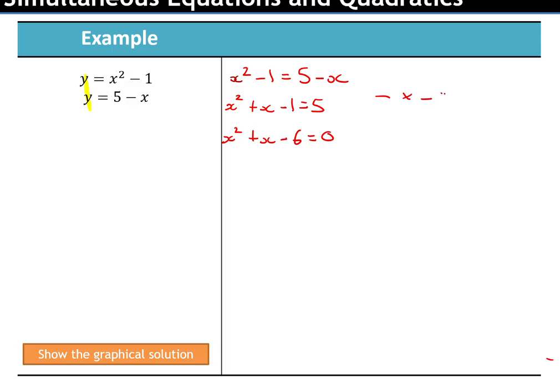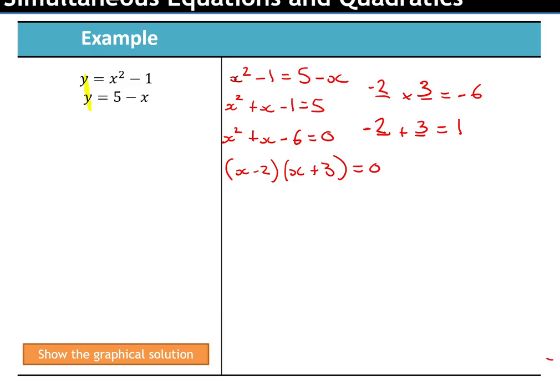Now, this is where we're just going to factorize. So I'm going to look for two numbers that times together to equal AC, and AC is -6, and two numbers that add up together to equal 1. So the numbers that equal 6 is 2 and 3, or 1 and 6, but I know it's going to be 2 and 3 because there's one gap. Now we just need to have one of them as negative to equal -6. So it will be the lowest number, so 2. So -2 plus 3 will then equal 1. So that allows me to write it straight away in a factorized form of x minus 2, x plus 3